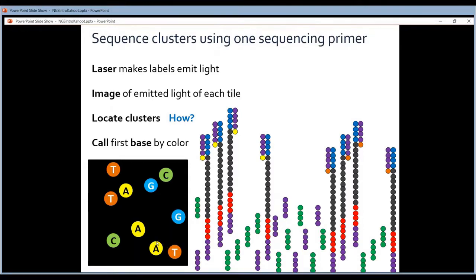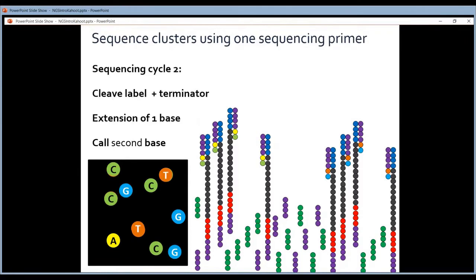And in this cluster it can see the whole cluster is emitting yellow light, yellow is A, so in that cluster an A has been incorporated. And this is called base calling. So it's interpreting the color of each cluster and linking that color to a certain base. And then you can proceed and do the next sequencing cycle.